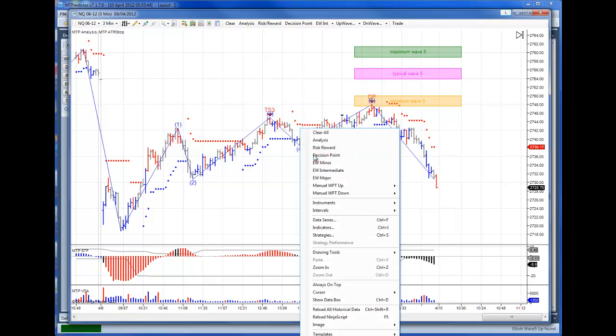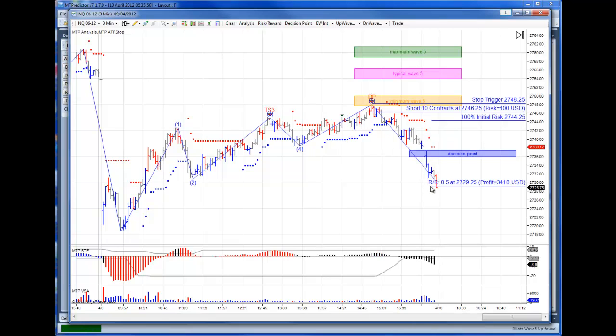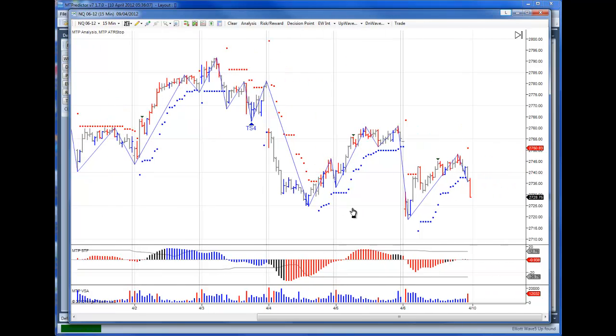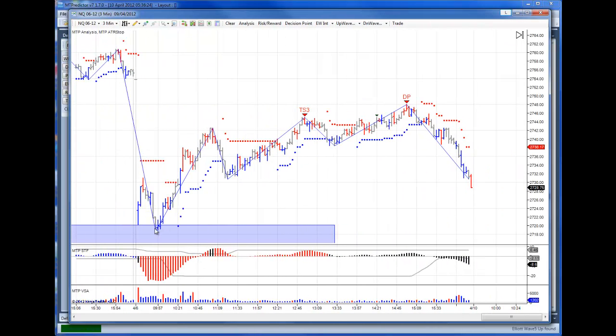We come down here, we put our decision point on, there we are. We now do our manual risk reward into the low of the day because we know that the STF was strong, therefore we'd want to manage this trade with our ATR stops. So here we have the MTP RT add-ons for NinjaTrader, allowing you to do exactly the same kind of analysis as we had before. I'll just change the 15-minute chart very quickly and place the DP on from here before as well, and there you can see at that level, if I just extend it out using this rectangle, catching the very low of the day. So actually if I go back to the 3-minute chart, you can see there's our 15-minute DP coming in there